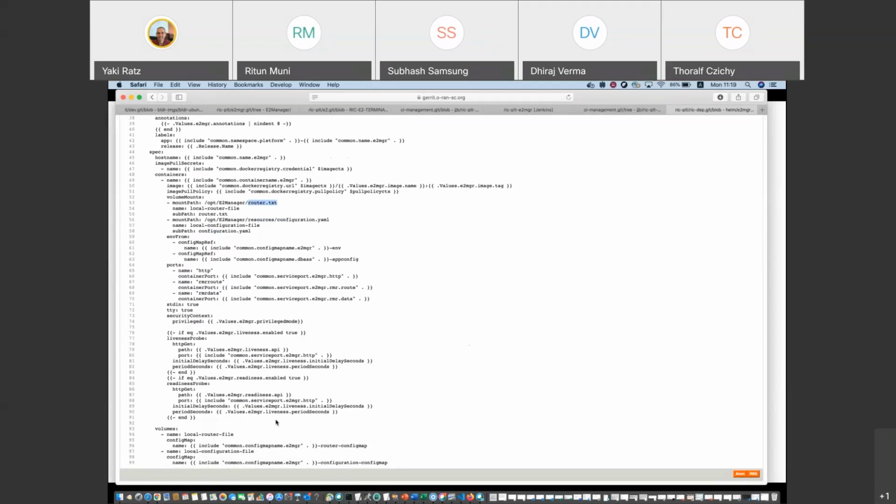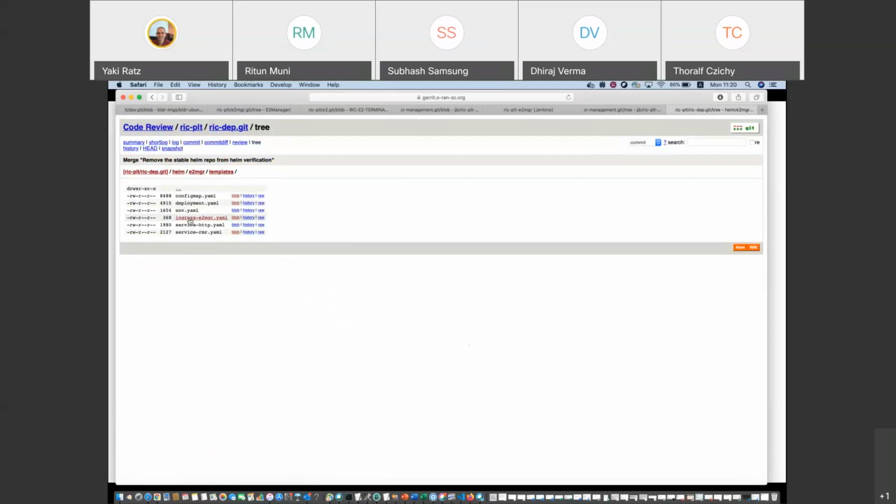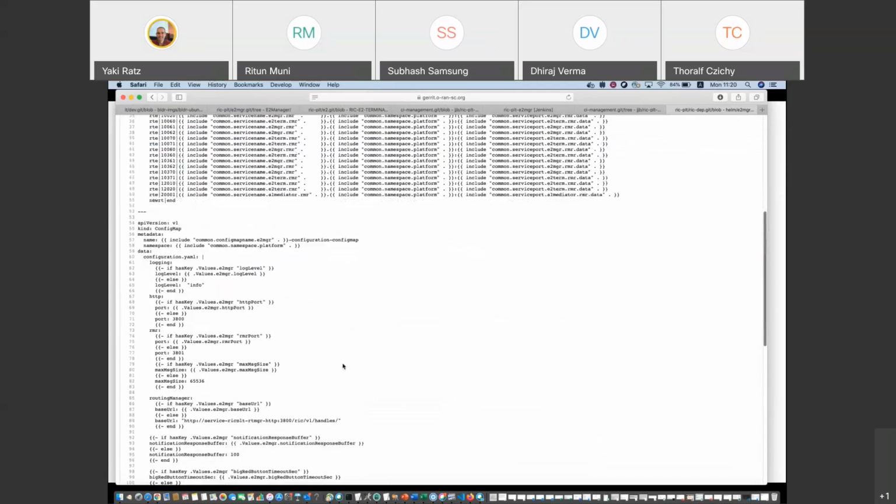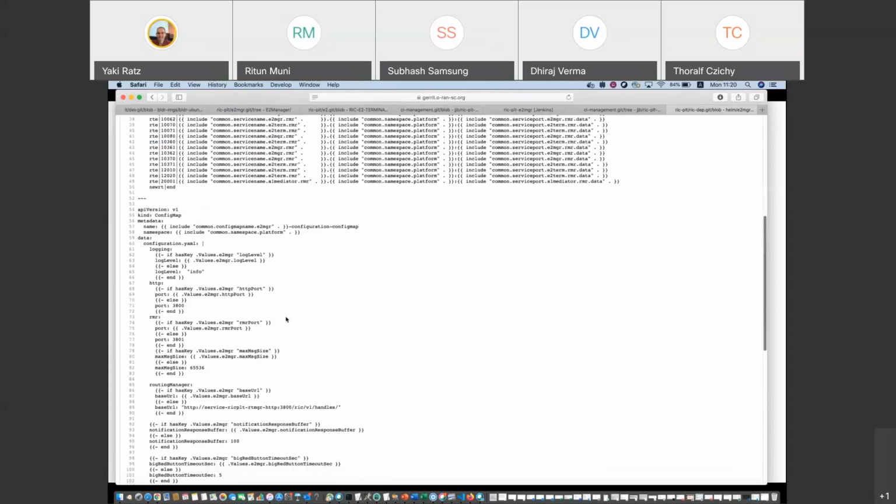That's it, really, simple one. If I'm going to the config map here, again, it creates the RMR file when needed, the RMR file, and here you can see the